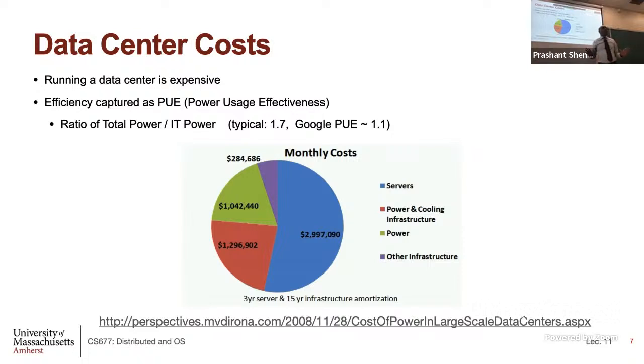Okay, so there is a lot of work on making data centers more efficient, but regardless of how efficient they are, they still cost a lot of money to run, because the servers themselves are quite expensive in terms of their power consumption and energy usage. Okay, so here is one example of a typical cost of a data center over a 3-year period. The blue is the servers. Okay, you will see that this is a small data center. Over 3 years, it costs $3 million to just power the servers, not buy the servers, just power the servers. That red is cooling, okay? And the green is some other power losses that you might have in the system, or power for other equipment in the system. Okay?